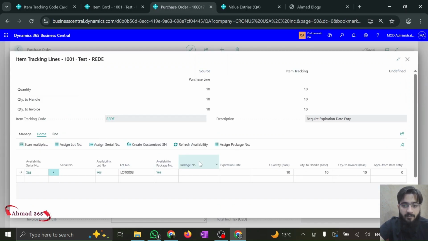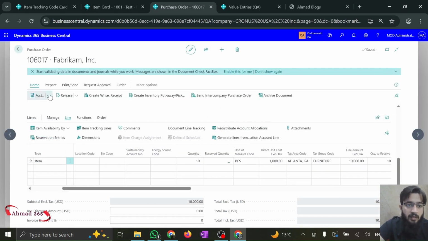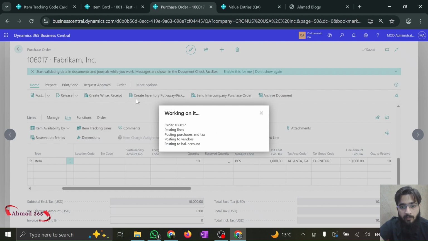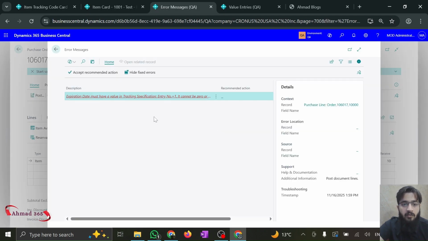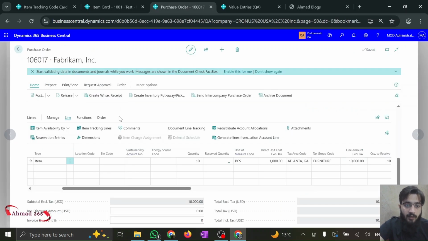and if I assign a lot number and I don't specify the expiration, and I come over here with the preview posting, it will give me an error. It will say expiration date must have a value in tracking specification. Okay, so now if I go back,